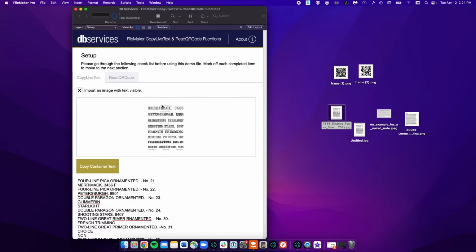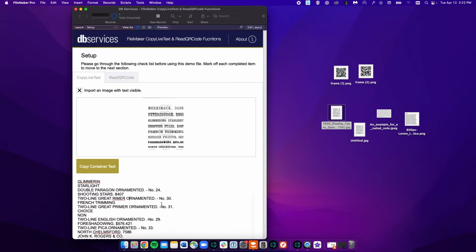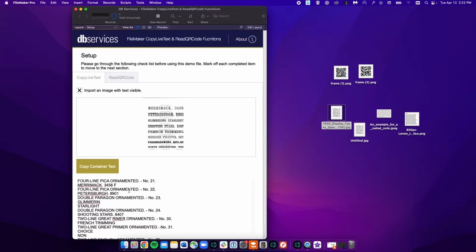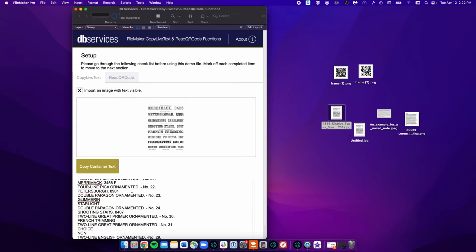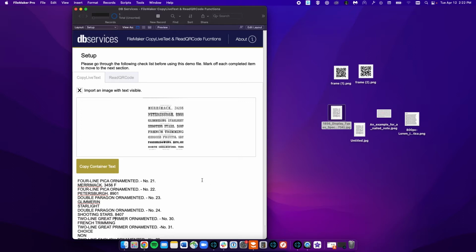Even getting the text that you can't see with the human eye from here, you see these small lines, it's still getting those. There's just a couple, one or two lines you can see that this is probably supposed to be "ornamented" rather than "ornamented." But as far as I can tell from comparing it with the file beforehand, that's the only issue that it has. That and this one here, "primer." So two letters missing out of a lot is an astoundingly accurate